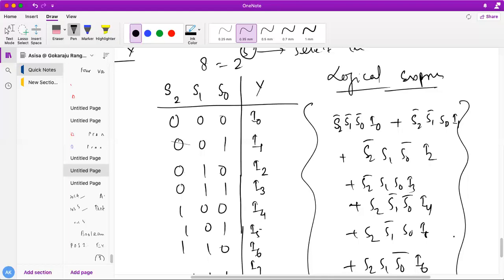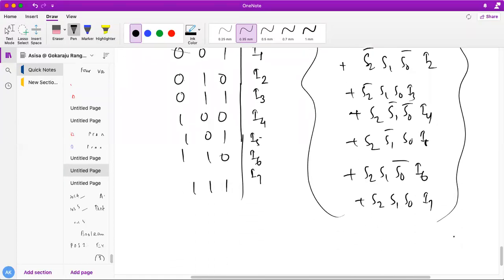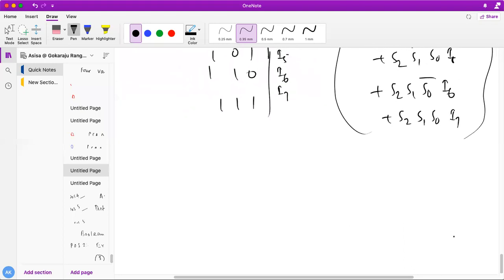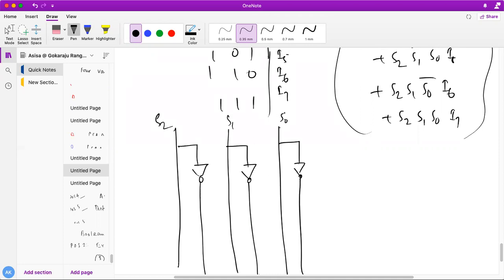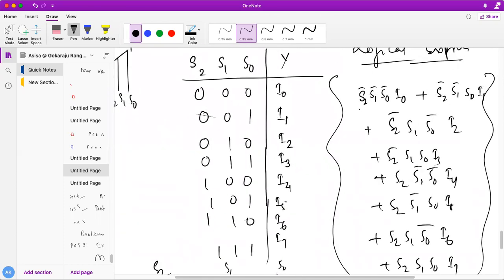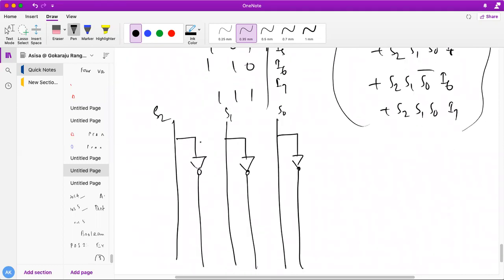So these are my variables. I can find out the logical expression from the truth table for any number of variables. So you can implement it. Very simple. I'm not going to draw that. What you need to do is take 3 select lines like this. This is my S2, this is my S2 bar, this is my S1, S1 bar, this is my S0, S0 bar. Like this you can take all of these, and finally depending upon this combination, see here, S2 bar, S1 bar, S0 bar, I0. Take all these things: S2 bar, S1 bar, S0 bar, I0.